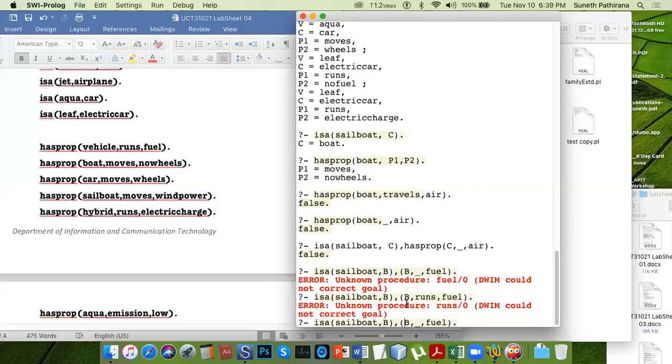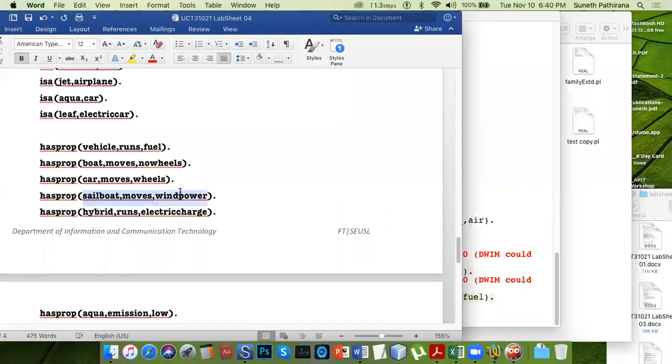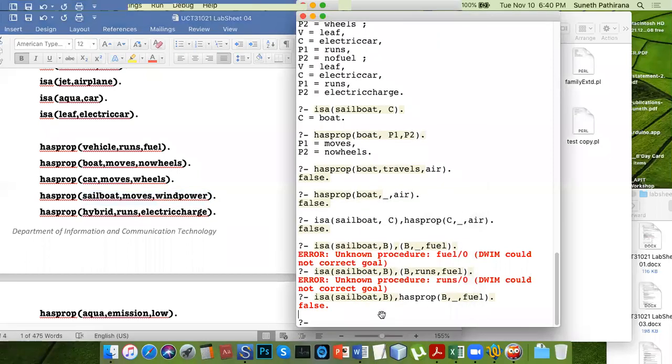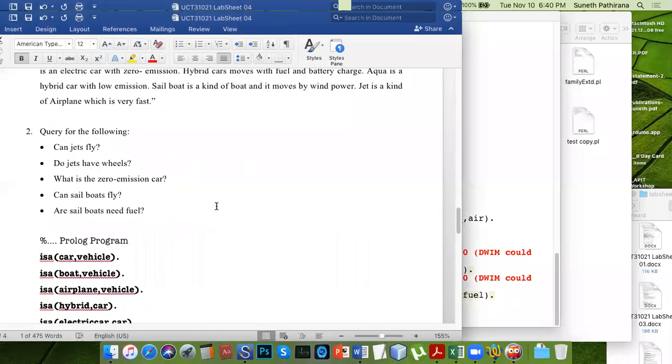We missed this has prop. False. According to this, sailboat does not need fuel. Yeah, it can be because it's only using the wind power. Sailboat moves on wind power. Yes, it does not need fuel. Like that, you can continue asking so many questions.